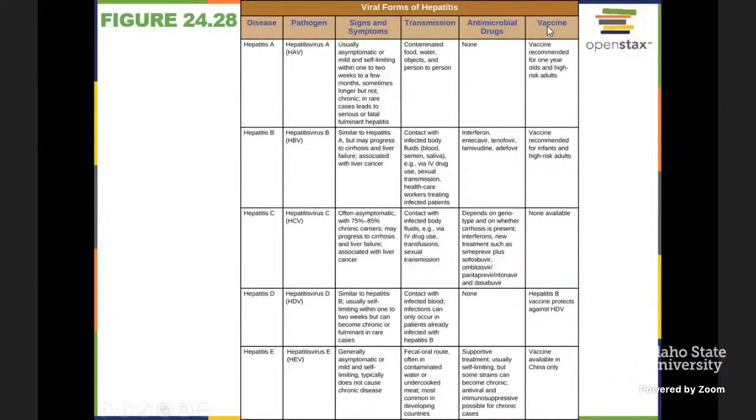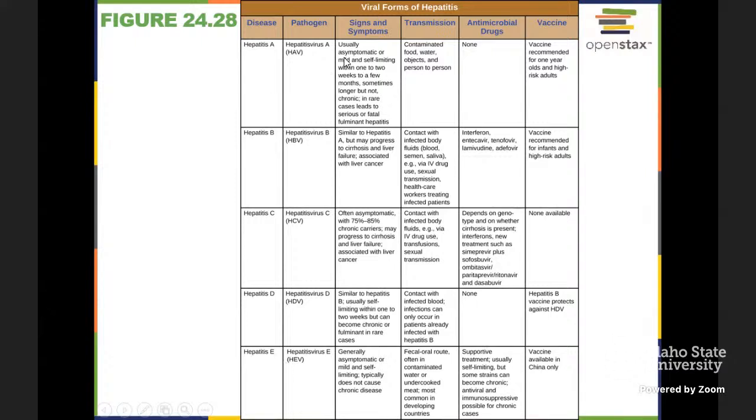Initially, A and E we think of as fecal-oral transmission, contaminated food or water setting the stage for contracting it. The ones in the middle, B, C, and D, we think about bodily fluid. Blood, semen, saliva, all potentials for this to be transmitted that way. It just depends on the circumstances and manifestations, and some of the symptomology that you see depends on the type